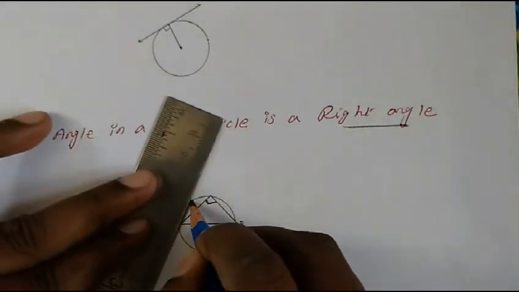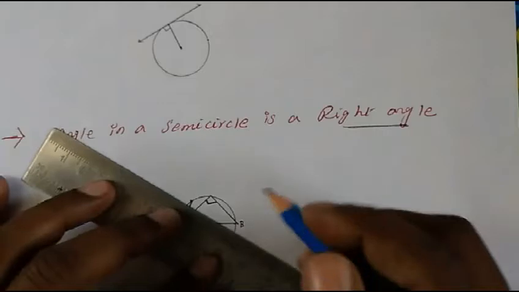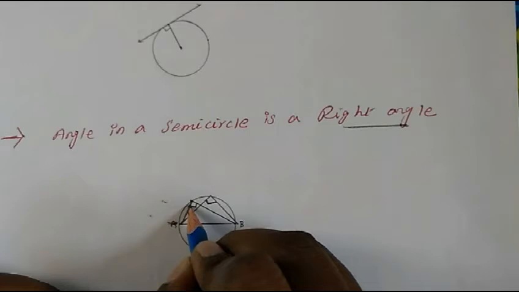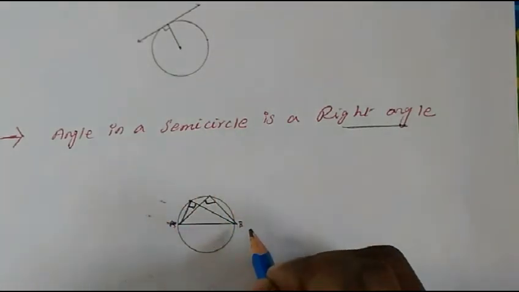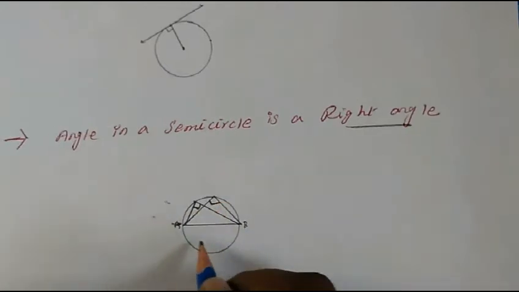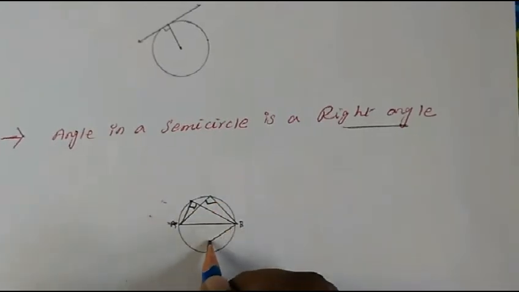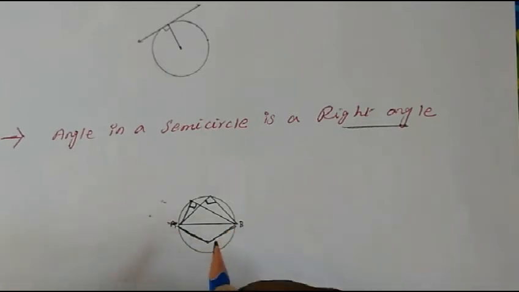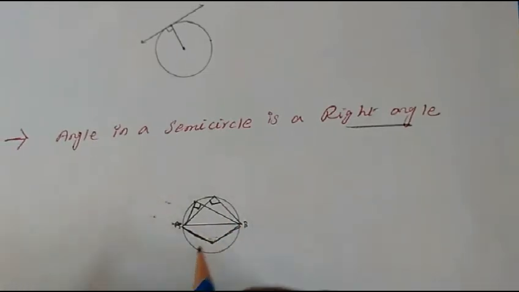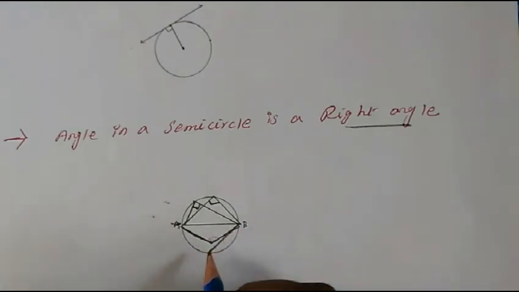For example, if I draw here, you see it will be 90 degrees. Always on the semicircle, when the angle is formed, it will be 90 degrees. But if you form it this way here, then we cannot say that it is correct. It may not be; we cannot say, it is uncertain. But for a point on this semicircle, if the angle is formed, then it will surely be 90 degrees.